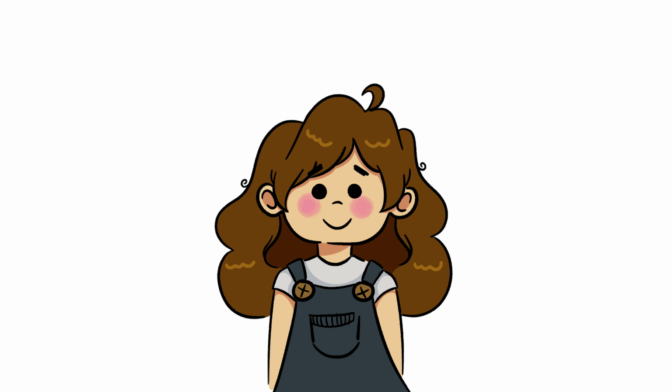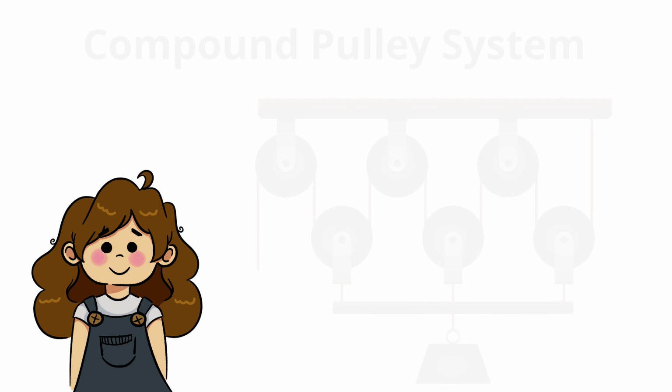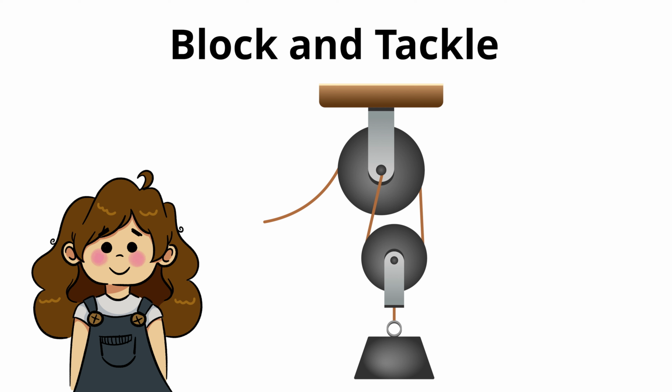The magic doesn't end here. Over time, we figured out that if we combine several pulleys together into a compound pulley system, we can stack their strengths to be able to lift extremely heavy objects. A block and tackle is an example of a pulley system that can be attached to anything. It may take a lot of cable or rope, but a human using enough pulleys could lift several tons with this system. Engineers use the block and tackle, along with motors and electronics, to create modern devices that operate with super low power requirements.